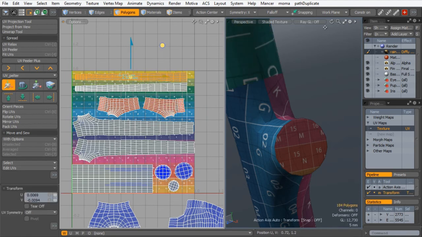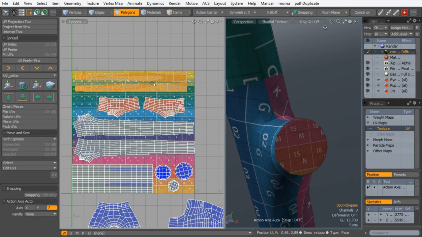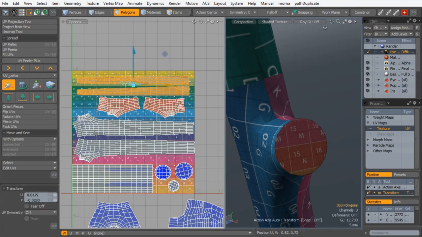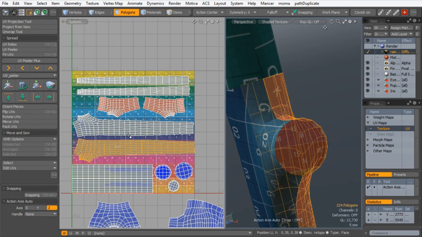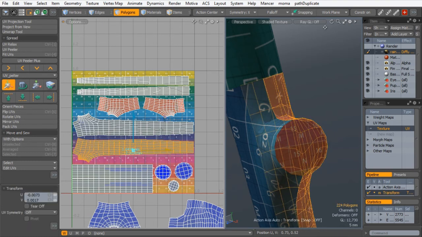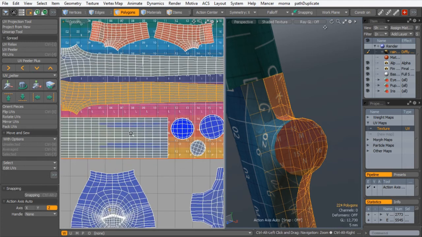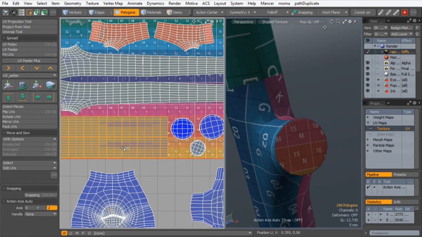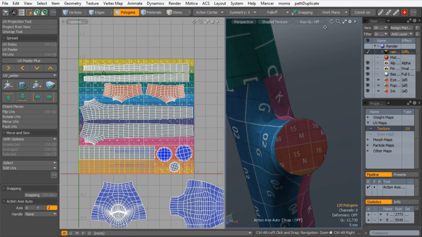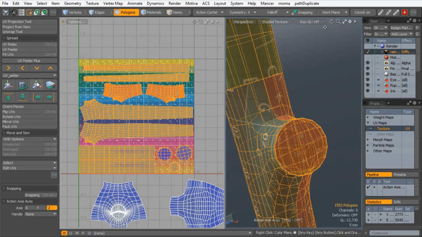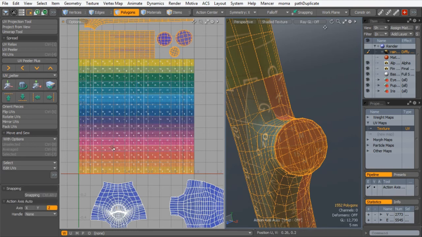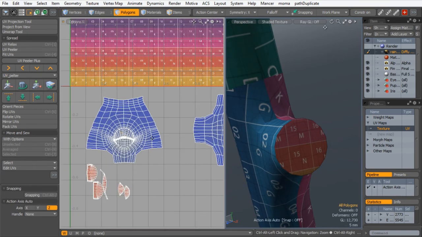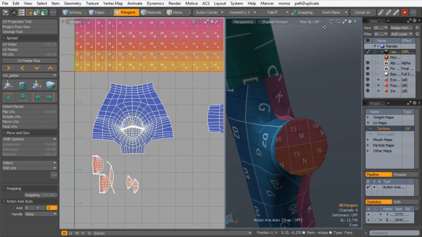Okay, so we can just move it a little bit closer and even closer to this, and make sure that none of these UV patches stick out from the UDIM itself, because Mari will ignore it, and they have to fit in 0 to 1 space. So make sure of that now, and we can now move it 1 in V direction, okay, to the next UDIM,